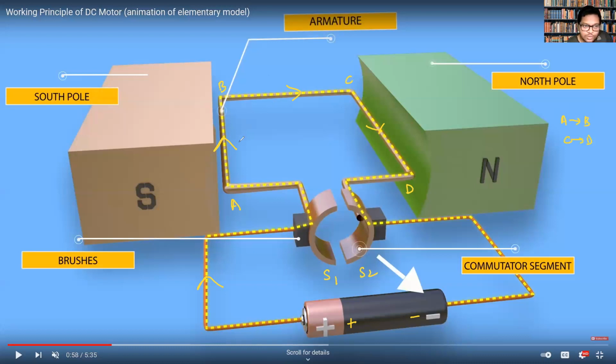Now, if we use Fleming's left-hand rule to identify the direction of the force that AB will experience, take your left hand. Again, the direction of the magnetic field is towards the left of the screen. The current is flowing inside. Then the direction of the force, I hope you all are getting it, is upward over here, and the direction of the force over here will be down. If anyone has not understood that, please ask.